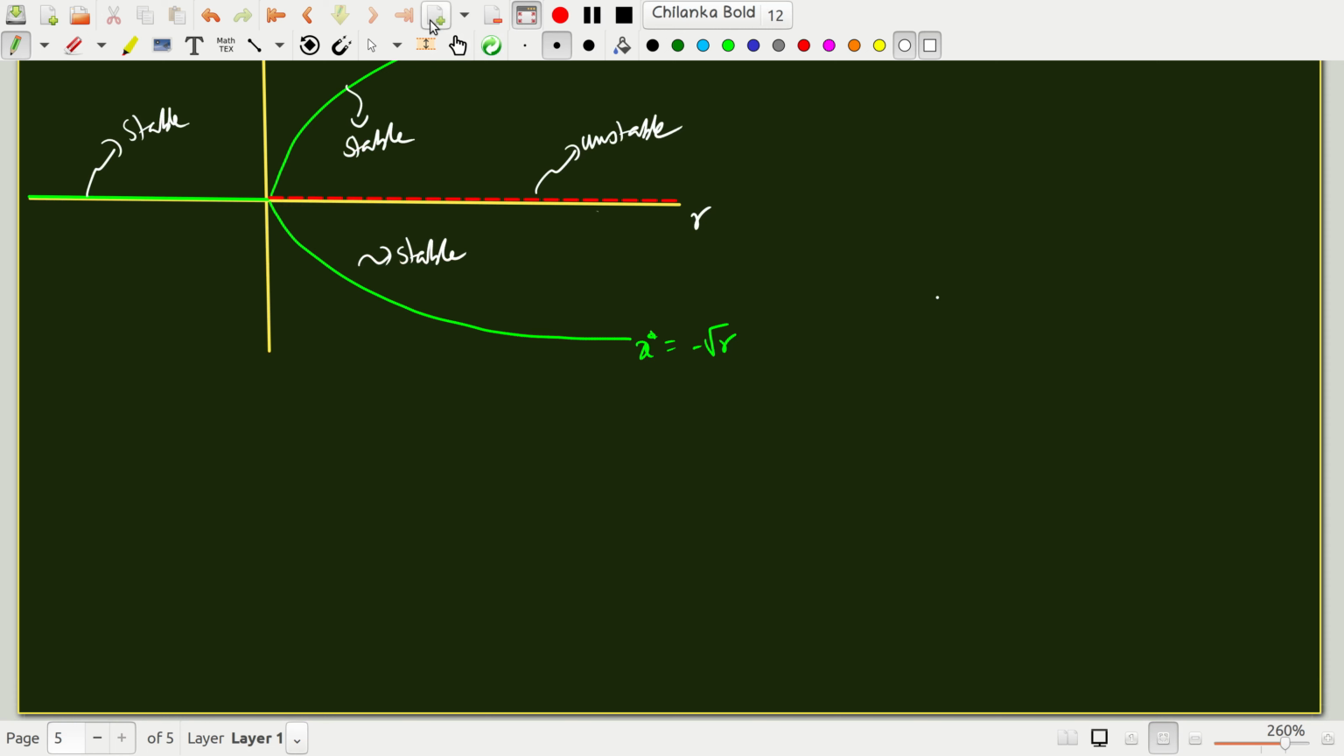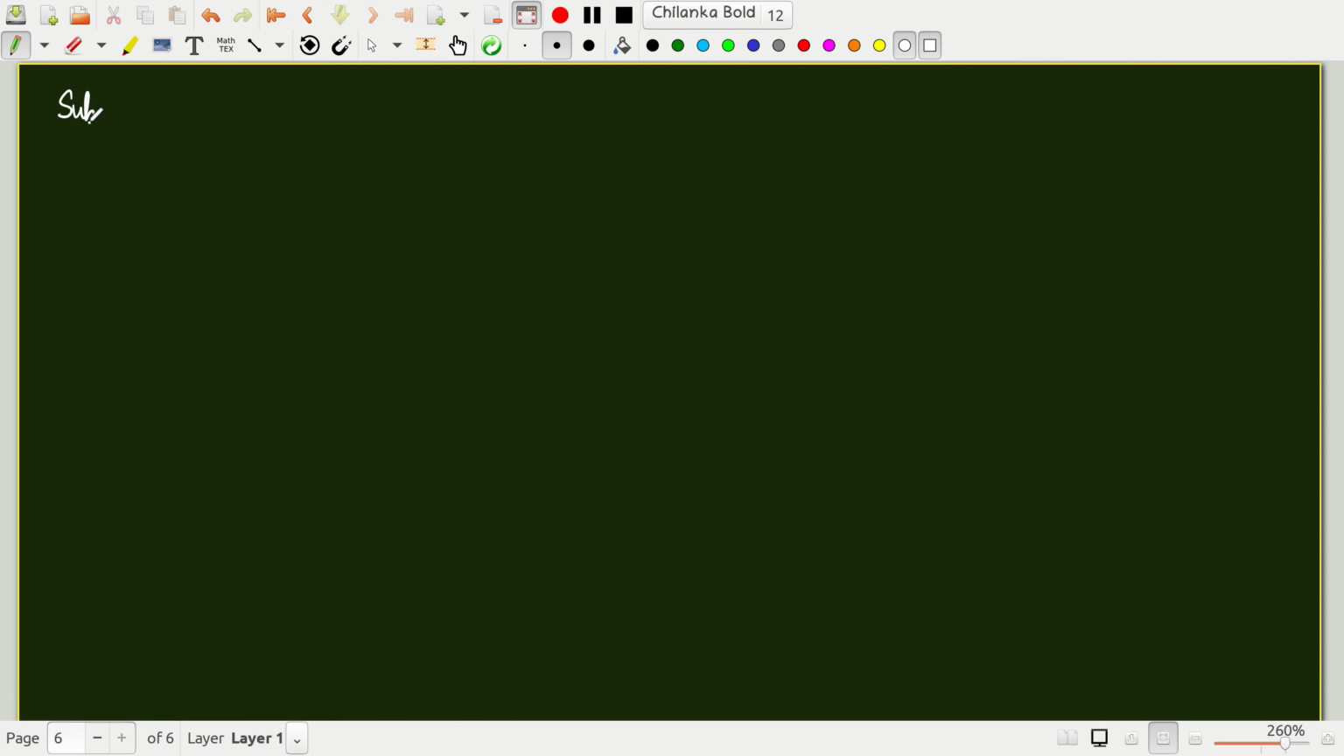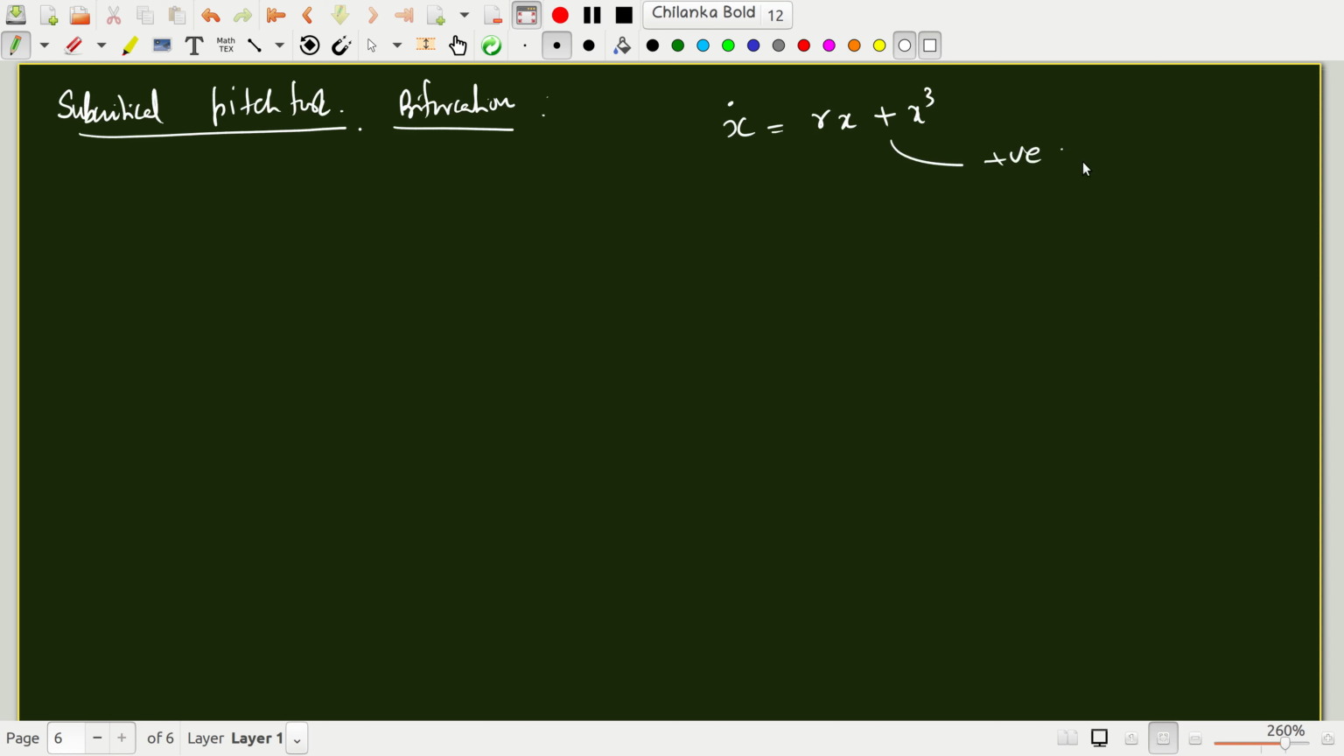Now we'll also discuss what is called a subcritical pitchfork bifurcation. Okay, wherein the model equation is quite similar, only the sign of x dot is rx. For supercritical you had minus x cube, for subcritical you have positive coefficient, means subcritical. Okay, so